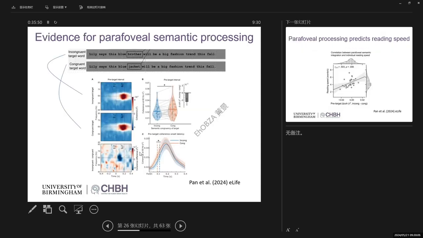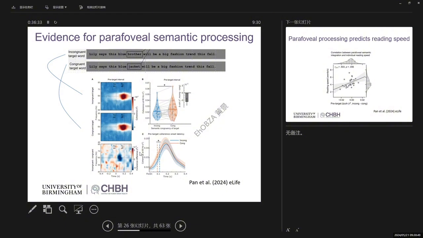So this is a bit of a complicated figure, but the first time frequency representation here reflects people fixating on blue, and then the red blob here is the response from brother being flickered. What you see below is the same, but this is when jacket is being flickered. So now we can compare the frequency tagging response for the incongruent versus the congruent sentences, right? And the funny thing is that there is a reduced flicker response when the word is incongruent with the sentence. So we'll discuss what that means in a second.